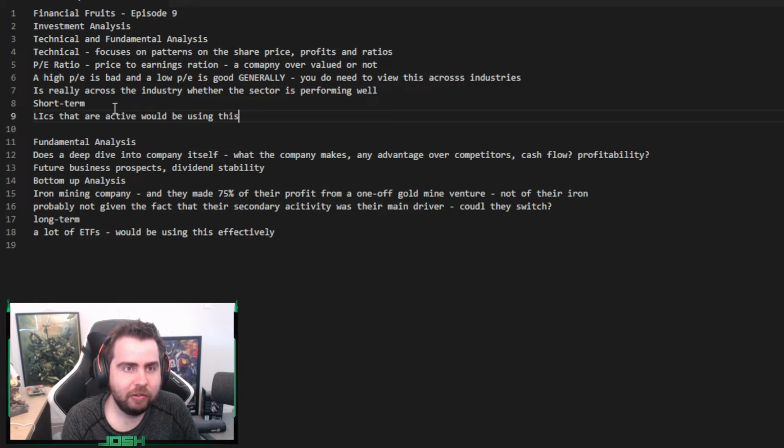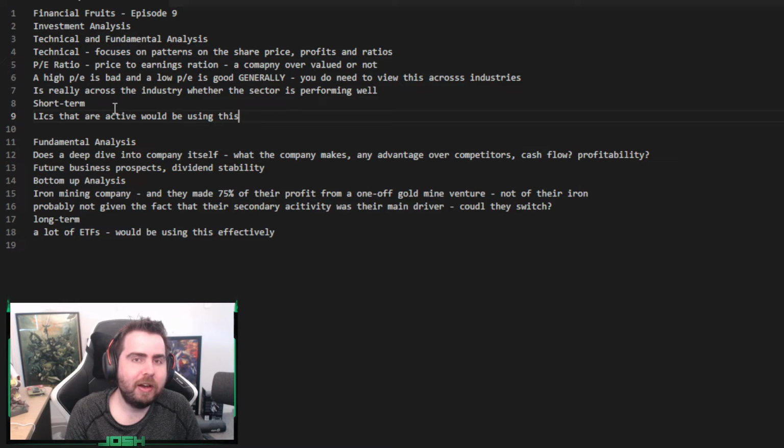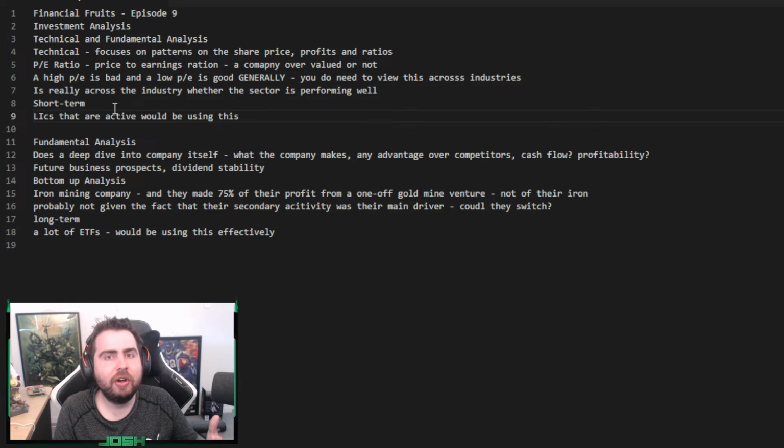Both analyses work well. You can use both to build your portfolio, and those are things you've got to take in mind. If you want to take a deeper dive, you've got to look at the company's annual reports and really get a quick summary of how the company is doing and how they're making their money. Was it a one-off? Is it sustainable? That's a fundamental analysis. From a top-down view, take a ratio like the PE ratio: even though it could be quite low, is it just the same for all of the markets? It could be. So you've got to double check that as well.